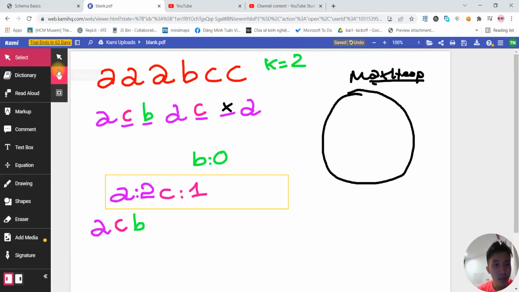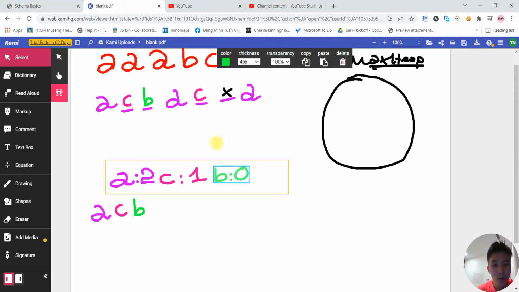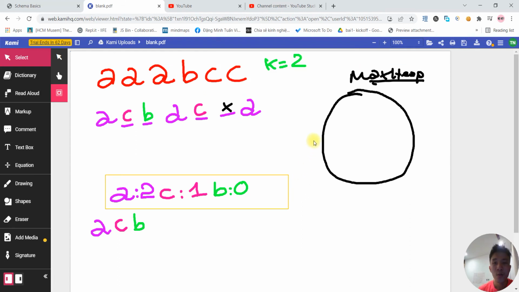Okay, and then I'm gonna add it to my queue. So as you can see, at the time that the queue size is 3, which is k plus 1,